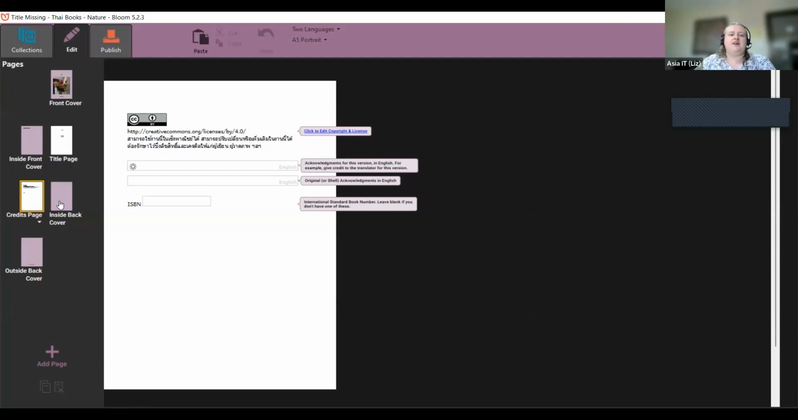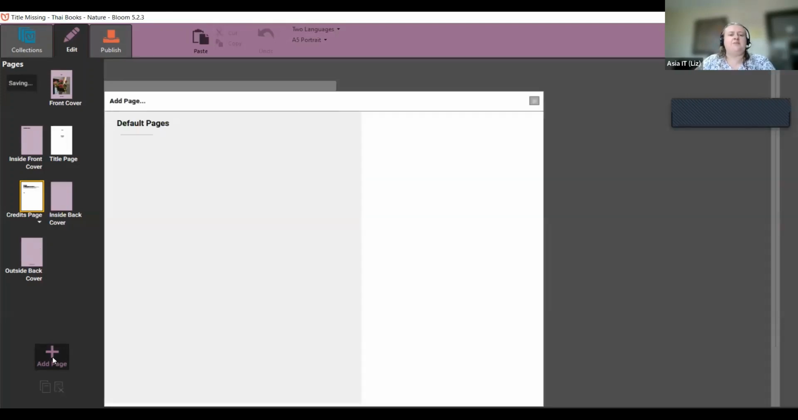And then there's the inside back cover and the back cover, which you can have things on if you want to. But we need to add some pages to the book. So at the moment, we just have the cover and the title and credits page. So by clicking Add Page,